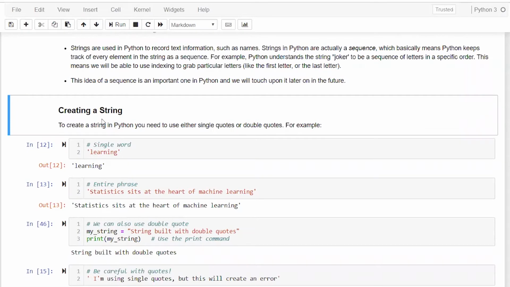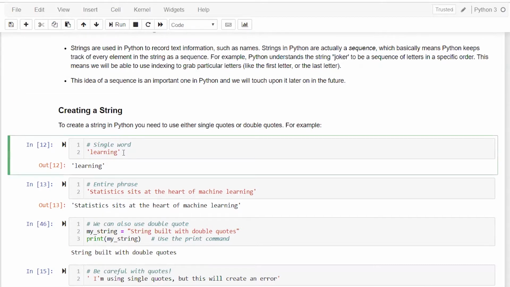So the first thing is, once we know what kind of information we can store in a string, how do we actually create a string? It's very easy. If you want to define a string variable, you need to provide the name and the value within either single quotes or double quotes. For example, learning here, I've mentioned single quotes.